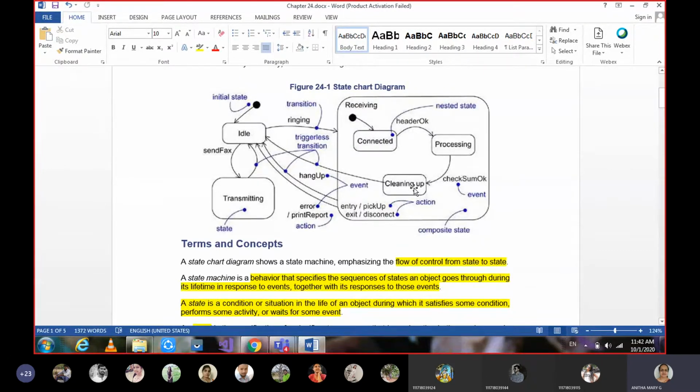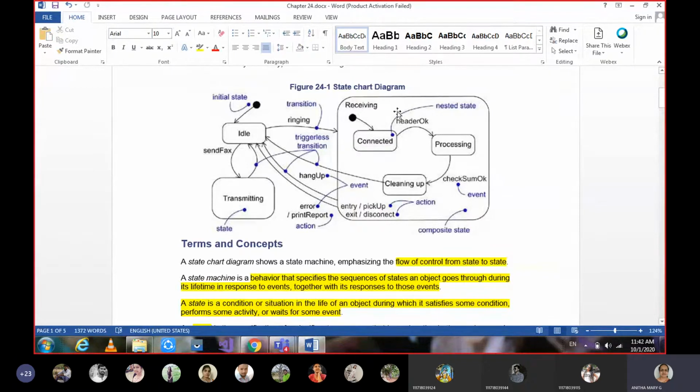When exactly this receiving state is initialized, that is why we are giving the initial point here. When the devices are connected, header, then whatever faxes we get to our machine will be processed and taken.